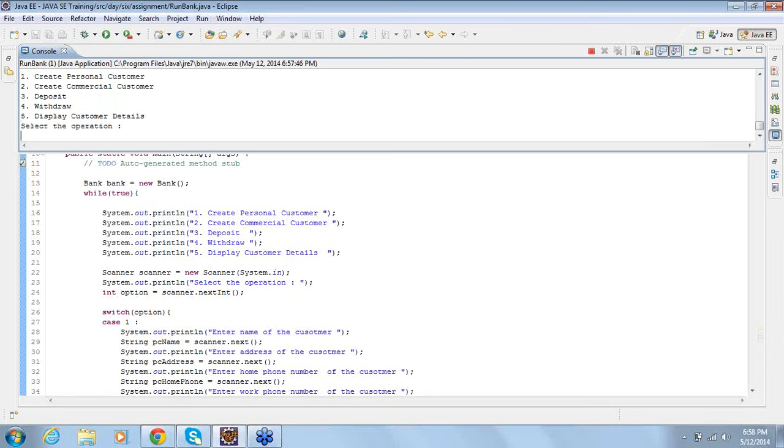Then what do you want to do? I want to display the customer details, customer ID or account number. I have the account number. Oh, sorry. I think, oh, we are doing it with the account number, right? What's wrong then? Case 2, enter the choice.